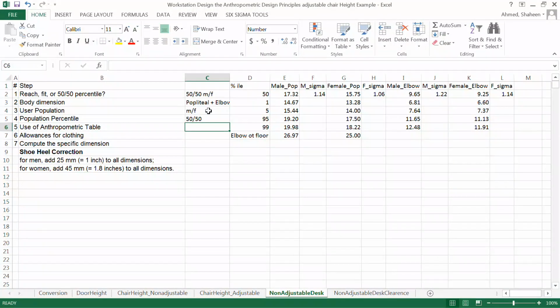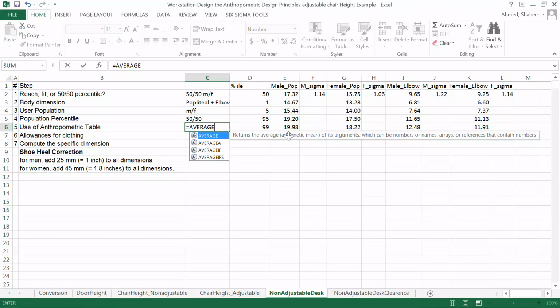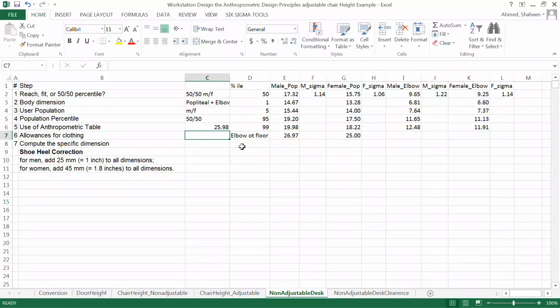Now I extracted all these values. Now I have to find out the average of male and female. So I'm going to just do average between this and this value, male and female. So this is the elbow height from the floor to the tabletop for 50-50 percentile. Now, between male and female, the average shoe height is 1.4. So the sum of these two would be